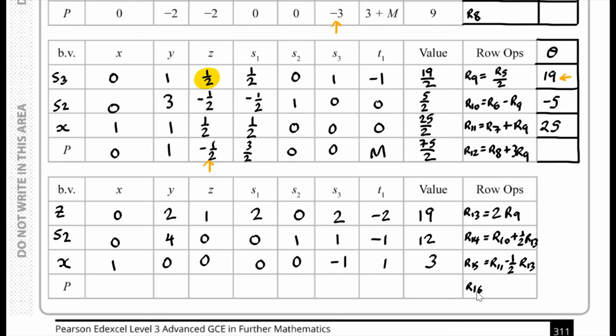And finally, for row 16, we have row 12. And then we have to add on, remember we want this to be a 0, so we have to add on 1/2 of row 13. So working out this over here, we have 0, 2, 0, 2, 0, 1, and here we have 47. Now here we have to be a bit careful. We have m plus a half lots of minus 2, which is m minus 1. Okay, and now you'd find,